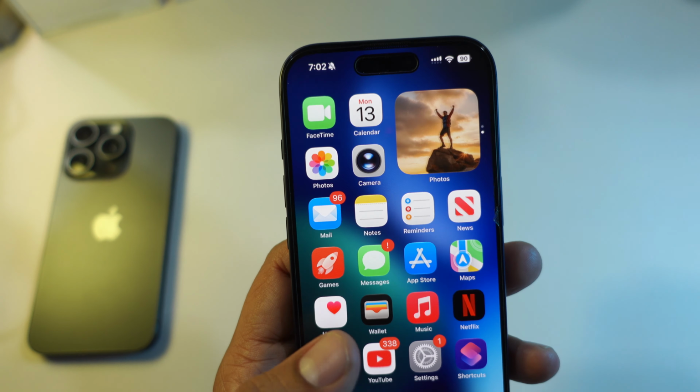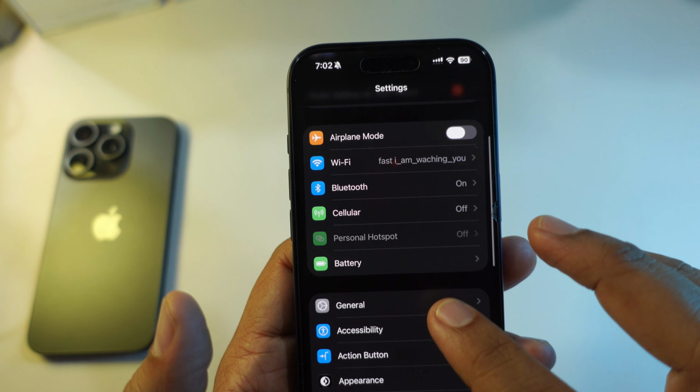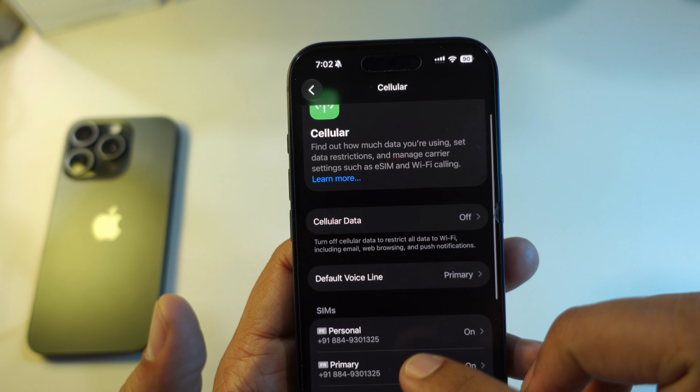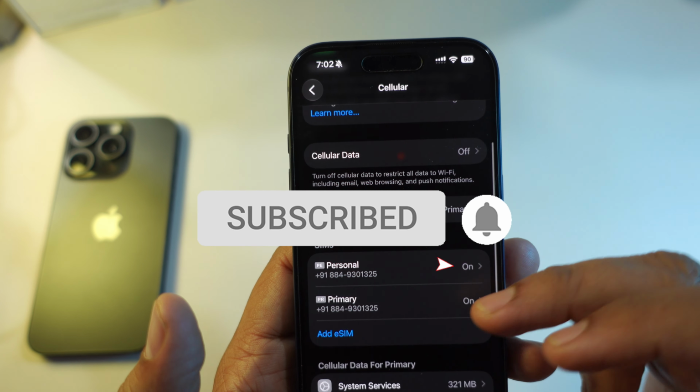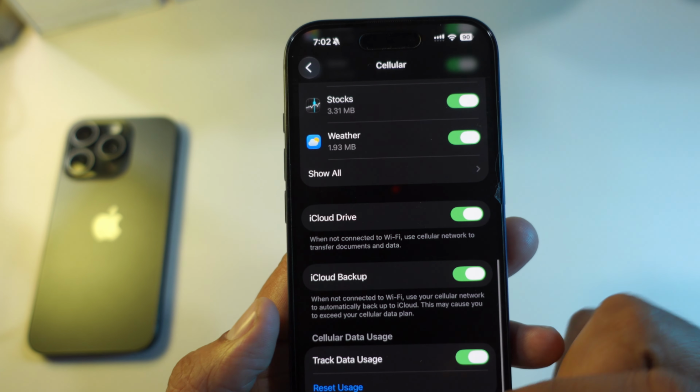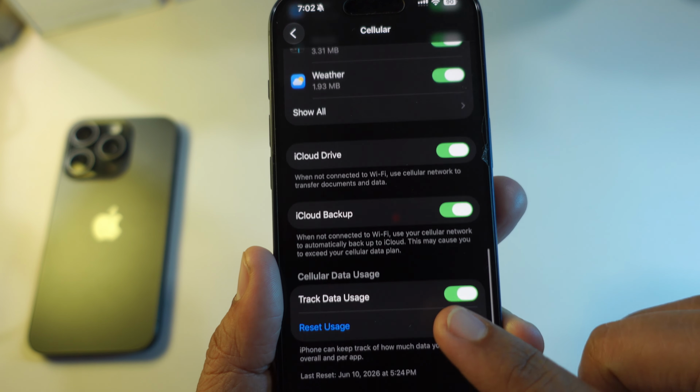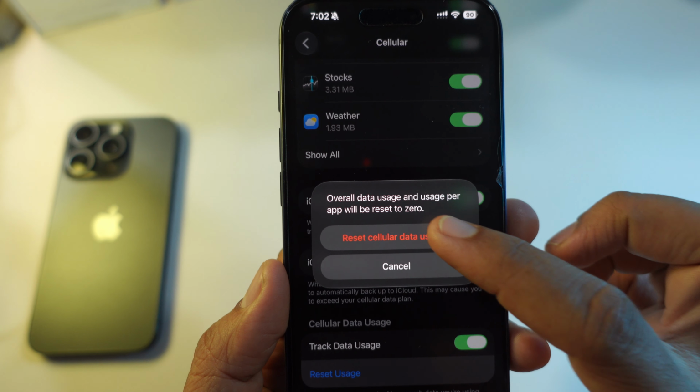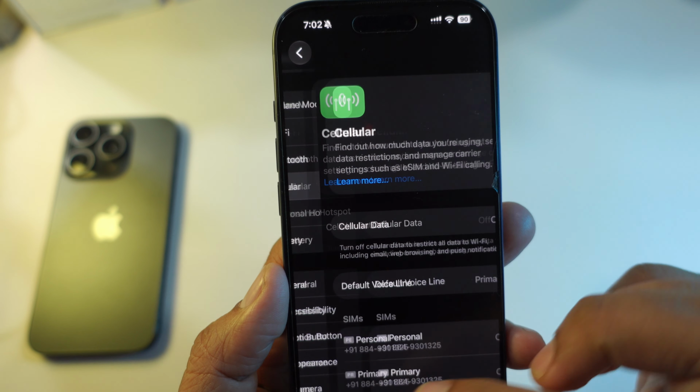You can also track mobile data directly from your phone settings. On an iPhone, open the Settings app and tap Cellular. Scroll down to check how much cellular data each app uses. Make sure you reset the cellular statistics at the beginning of your billing cycle so the usage matches your US